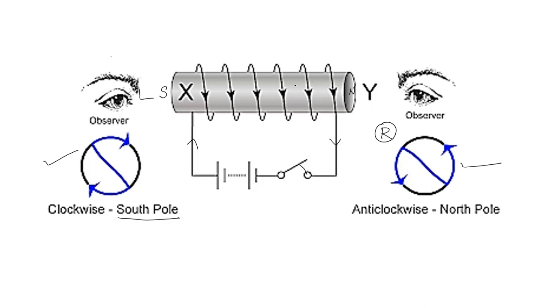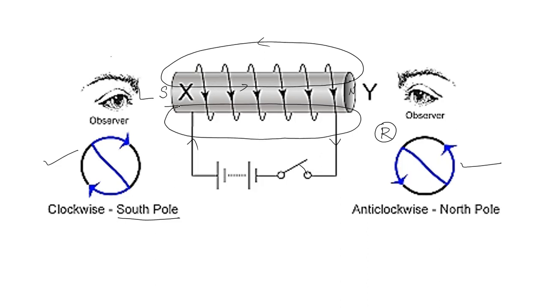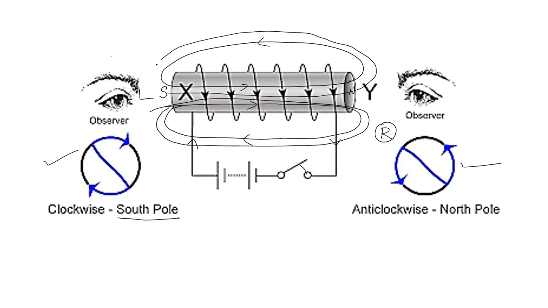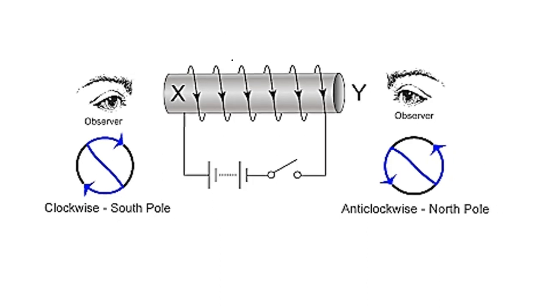So the pattern of field lines will be similar to a bar magnet. Outside, the field lines will be from north pole to south pole, and inside it will be from south pole to north pole, as you can see. Same way in the lower side, the field lines outside will be from north to south pole, and inside from south to north pole. In this way we can form the patterns of the magnetic field lines because of a solenoid. It will be more clear with the next example, students. So here we can conclude that it will behave like a bar magnet.